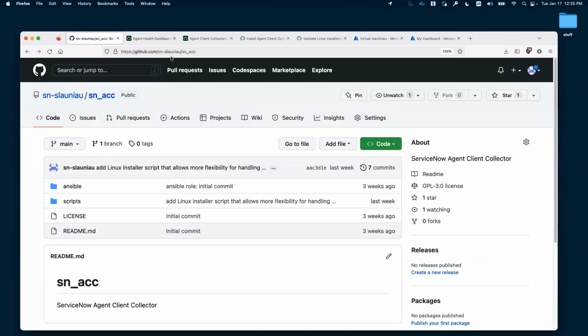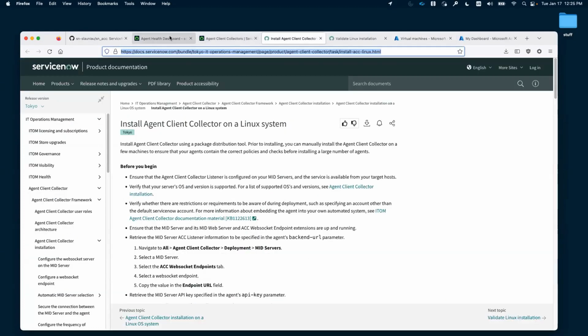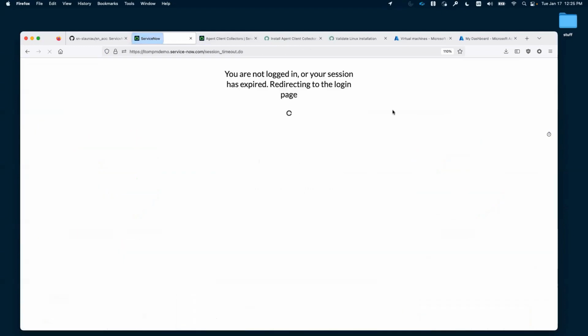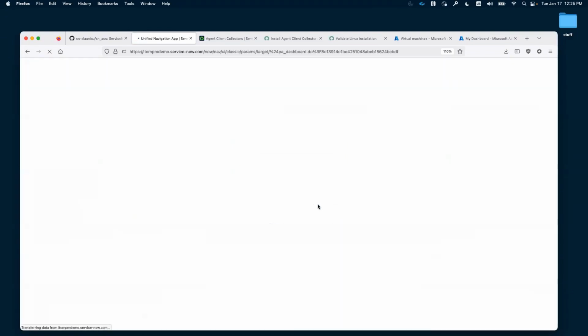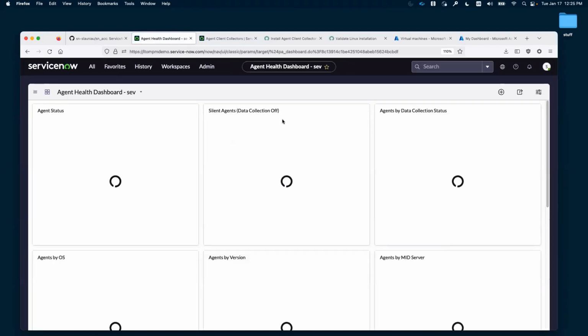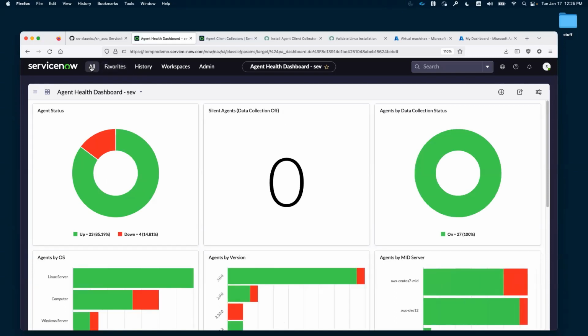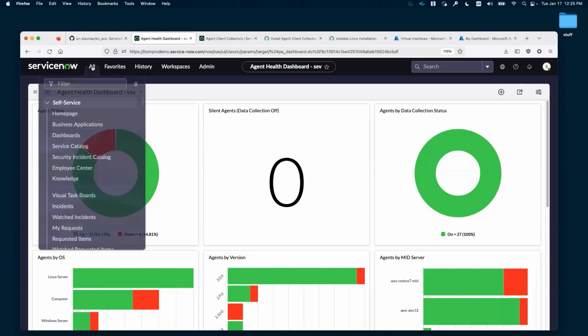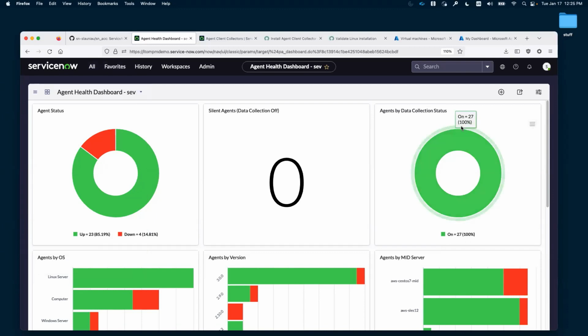So closing that doc. Well, let's go first to my instance. That is here. I will log in just a second. I don't want to see my face here. On this instance, I do have quite a few agents running, some on VMware, some on AWS, on Azure, GCP, one on a Raspberry Pi, one on an Intel NUC. And so, just to get started, this is the usual dashboard for the agent that we provide out of